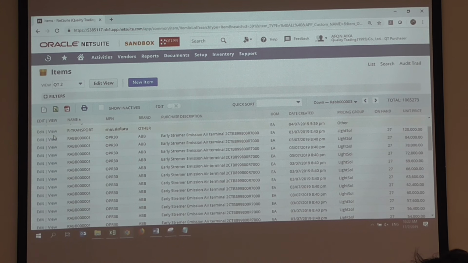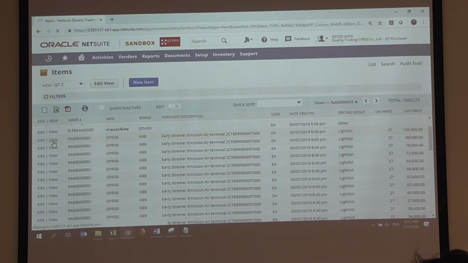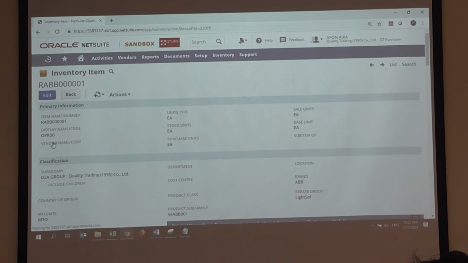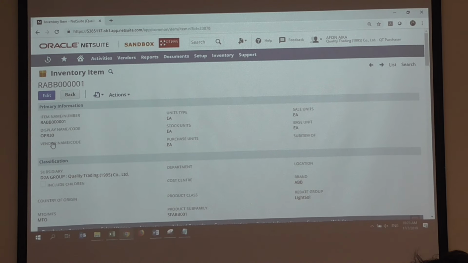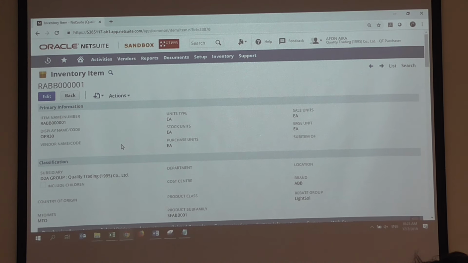Okay. So let's take a look at one of your item records. So you can view any. You can open any item record. Okay. So